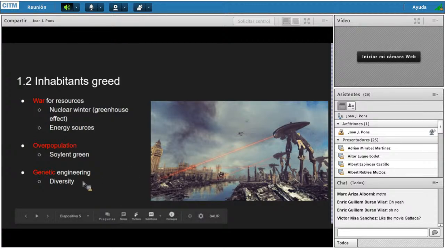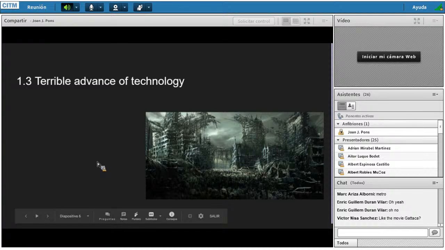This is messing up the diversity concept, okay? Let me give you the last point here: the terrible advance of technology. This is an important point,